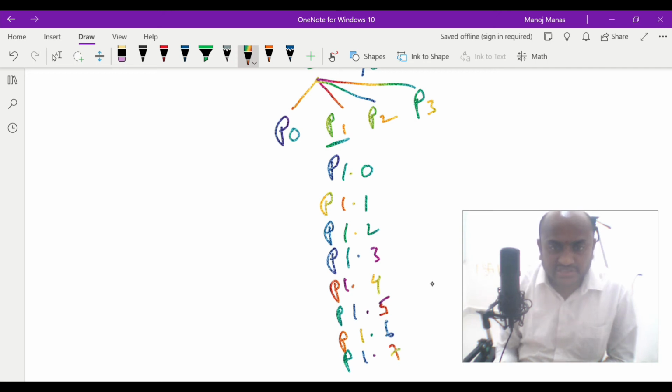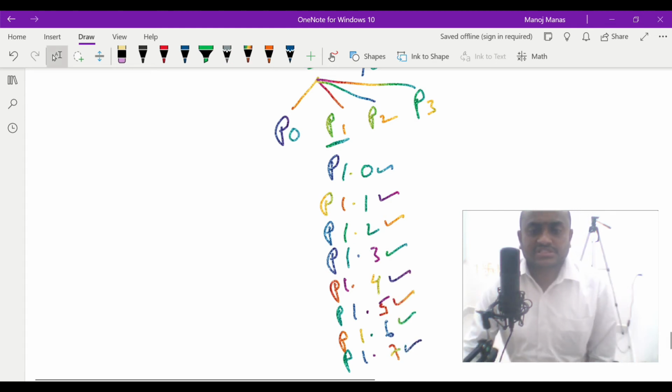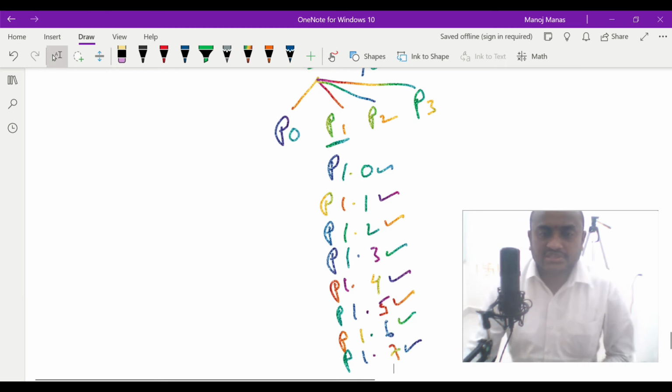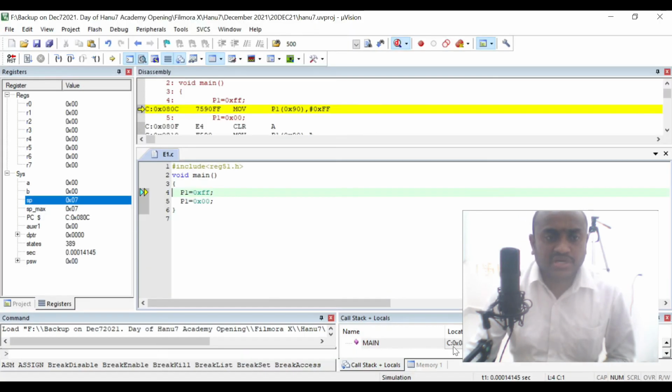So totally there are 4 lower bits and 4 higher bits. This is of byte size. That's why we are assigning a 1 byte number to it. The minimum value 00 and maximum value FF we have assigned.